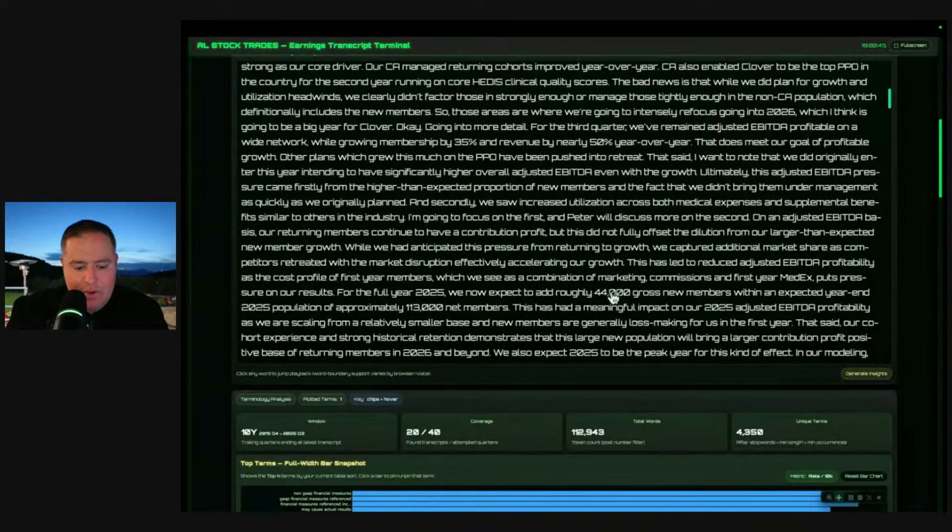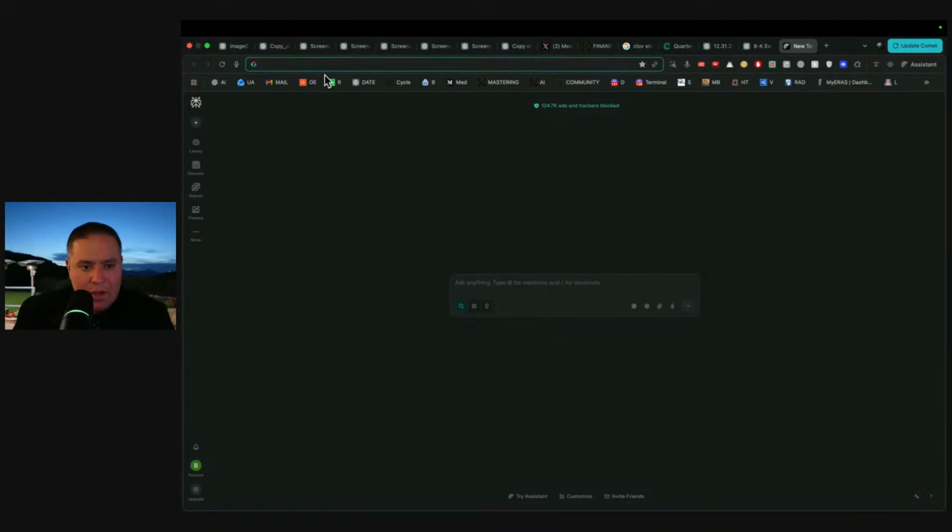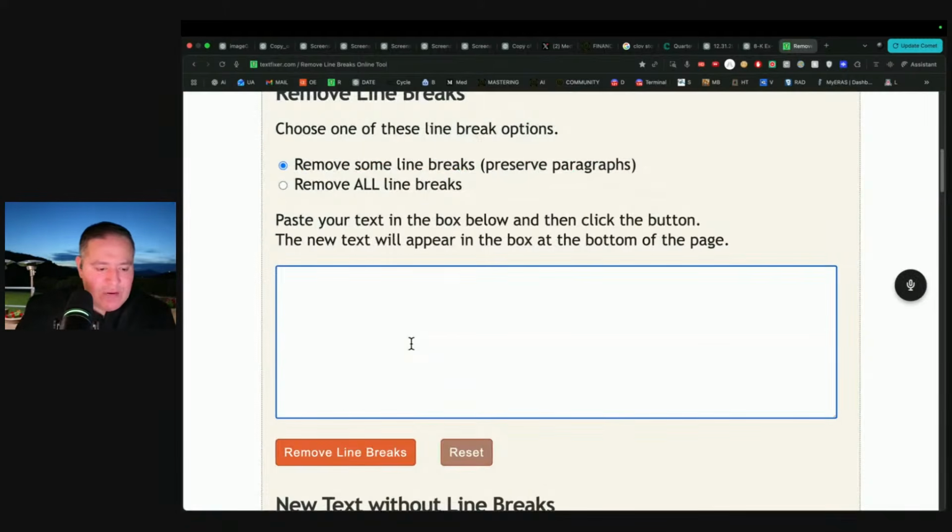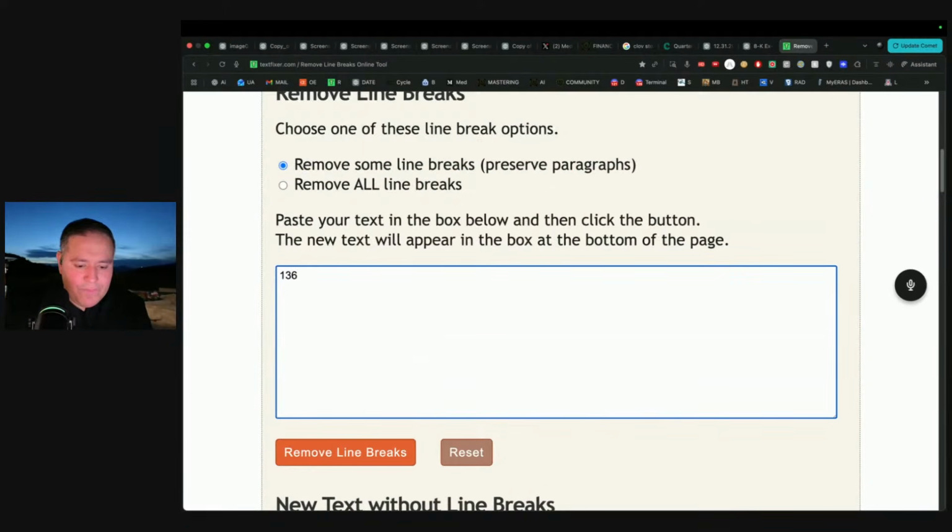So what you could do is they're going to have 113,000. They're doing about 185 billion dollars this year, divided by 113,000. That's about $16,371 per year. Divide that per month. They're making about $1,364 per member per month. So let's just put this chalk math here. 1364.30, just to be a little accurate.